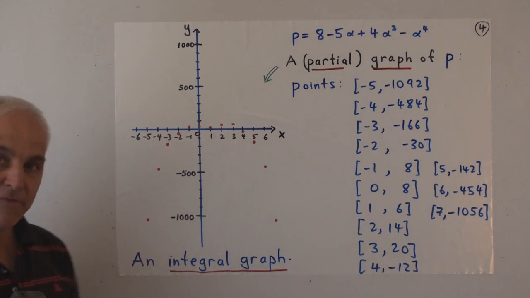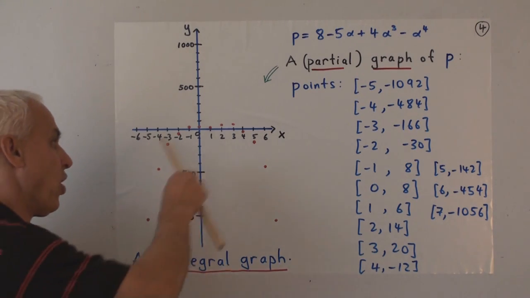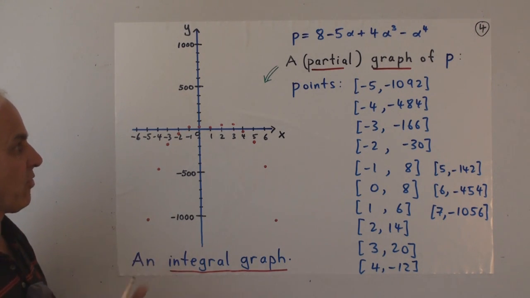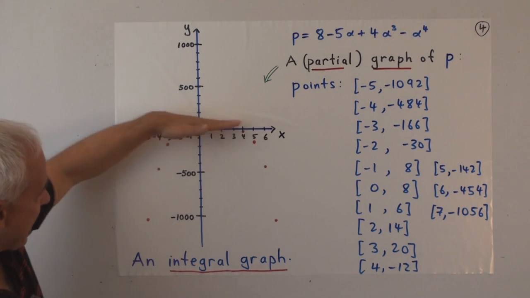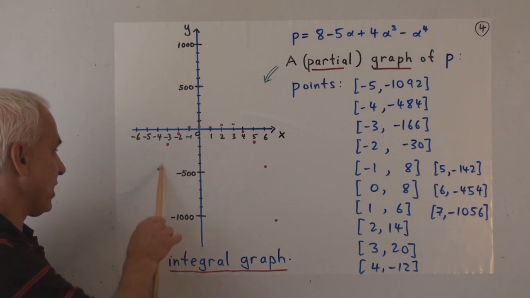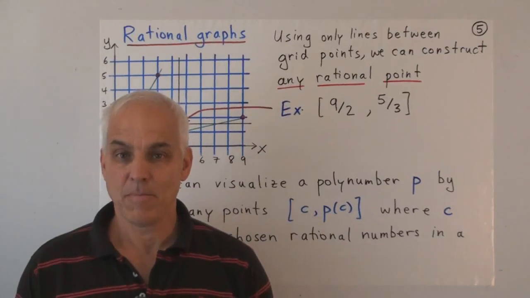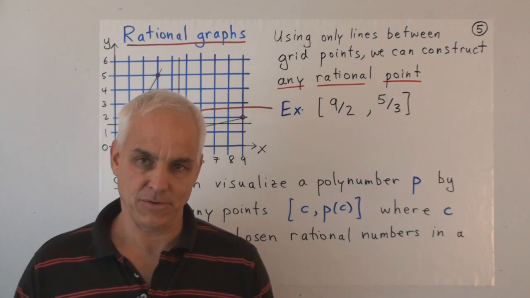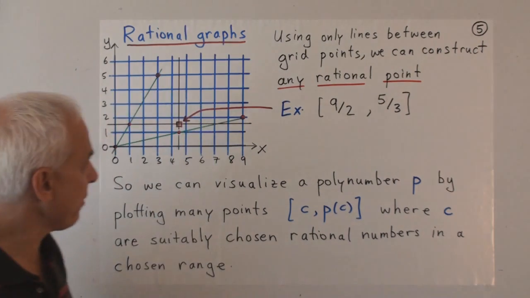So this is a graph. It's not the only graph that we can draw. It's a kind of partial graph. It only encodes part of the picture. But nevertheless, it's some kind of physical representation that we can look at and say, there's some kind of pattern here. It's almost just like some dynamical thing moving. We might say it's an integral graph because all the points that we're plotting have integer coordinates. But a lot of times we are interested in not just integral values, but also rational values. In other words, points with rational coordinates. So let's say a few words about them.